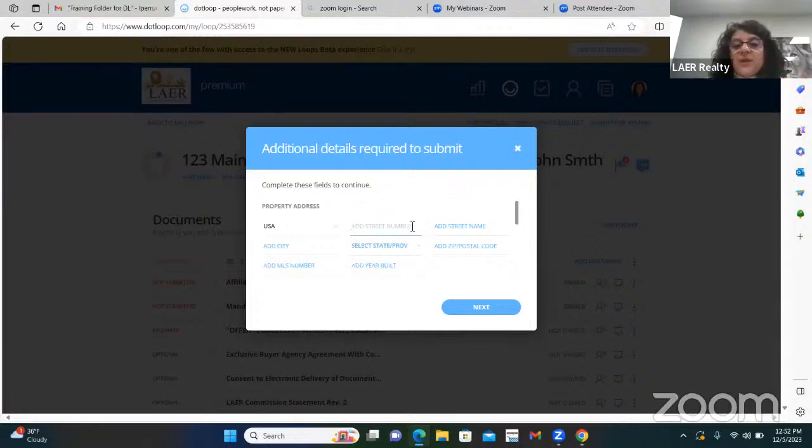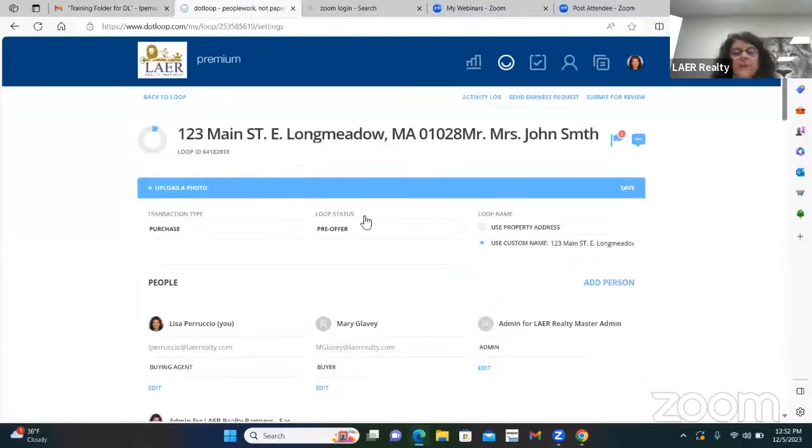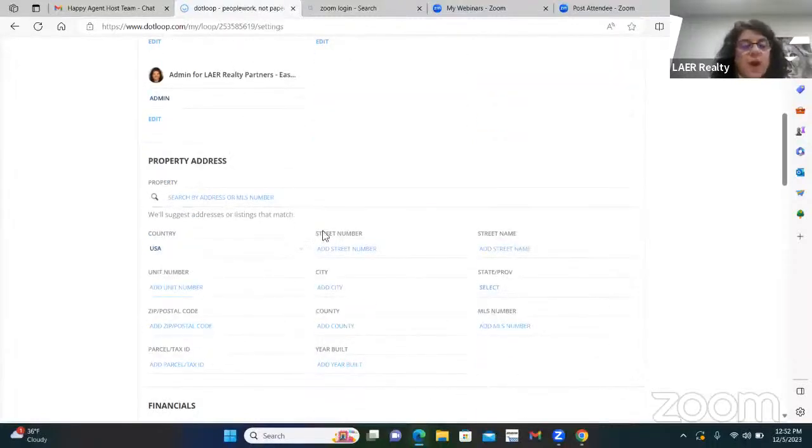So whenever this pops up and it's telling you we need the property address, you're going to exit out of here and go to the view details page. And you're going to go down here to where it says property. Okay. Now, if you see the property address all right here that it pulled from the MLS, it's not good enough. It has to be broken down by street number. So the property address they're buying is, what did I say? 123 Main Street. I can't even remember. So we'll just put that in here. What did I say they were buying? 123 Main Street. So you got to put the street number, 123, the street name